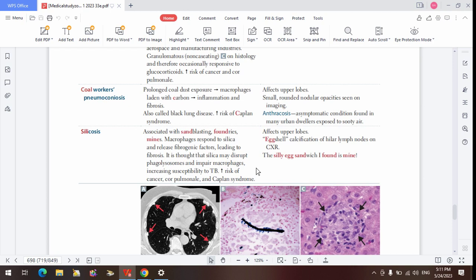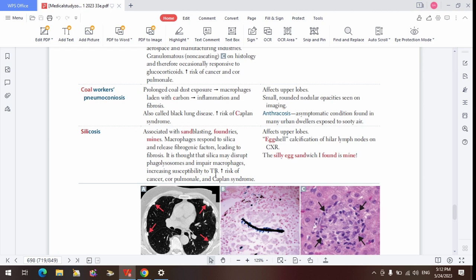The next thing is to fuse that phagosome that will form from engulfing the tuberculosis with lysosome, so that you can digest that tuberculosis antigen. So if you cannot digest that bacteria, that means that tuberculosis will just be playing around in the body, and it can disseminate, go to different organs within the blood and cause disseminated tuberculosis. So that's why people with silica have impaired phagolysosome activity, and it makes them predisposed to developing tuberculosis.